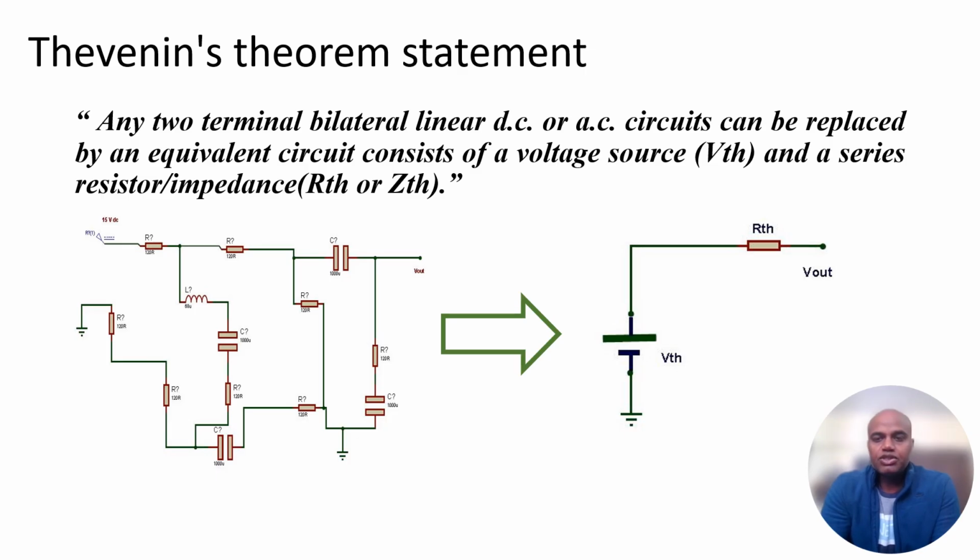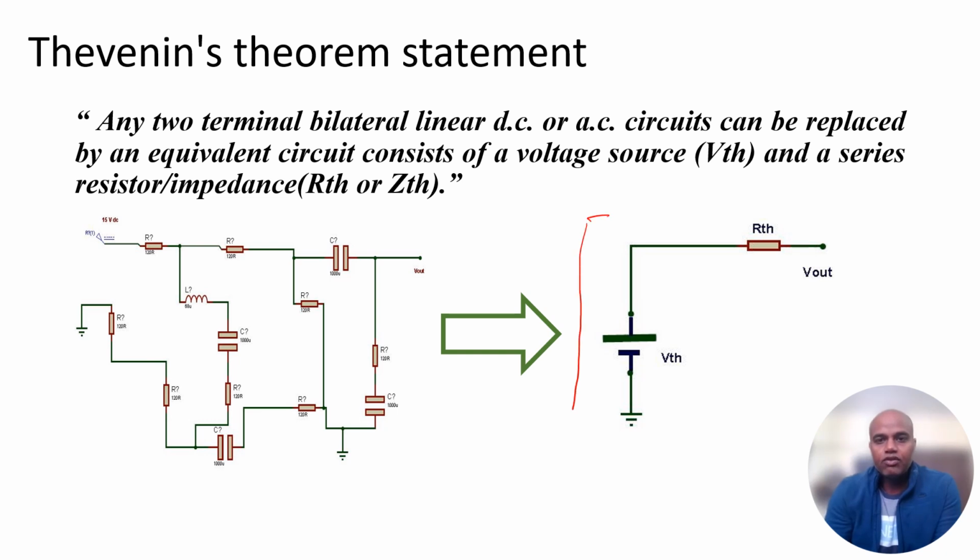So let's first understand what the Thevenin theorem is and where it is being used. As per the statement, any two-terminal bilateral linear DC or AC circuit can be replaced by an equivalent circuit consisting of a voltage source in series with a resistor for a DC circuit, and an impedance for an AC circuit. So this theorem is helpful to reduce a complex circuit to an equivalent circuit which just consists of